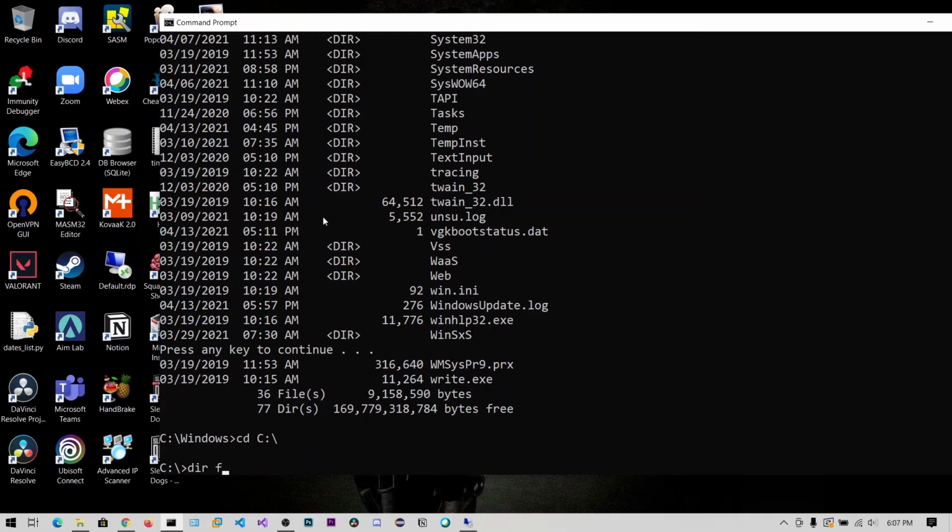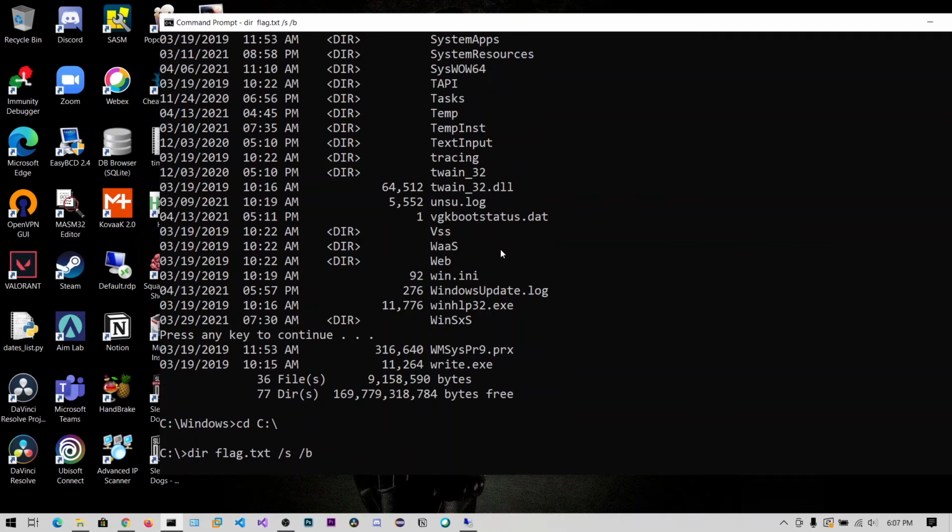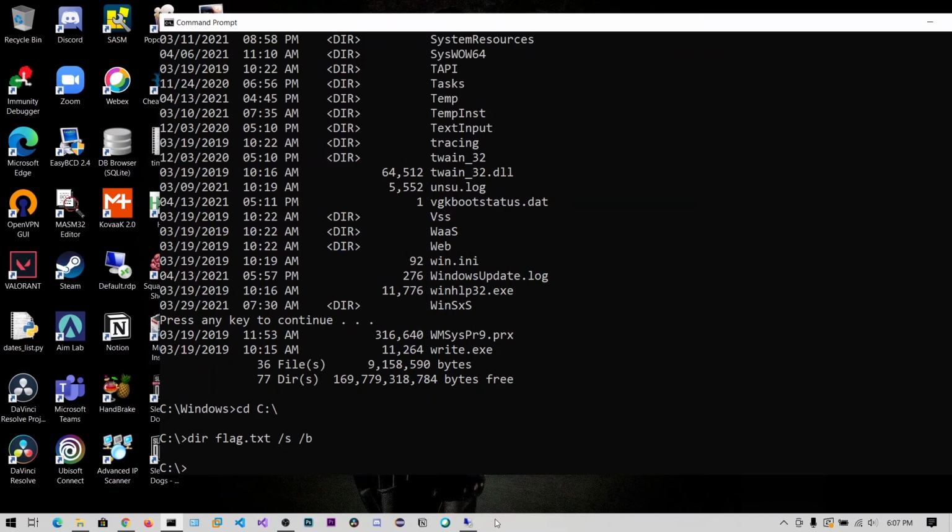Let's say flag.txt. Let's say I want to find it recursive and I want only bare listing, no need of full. I want only the path, and hit enter. Okay, it's going to take some time, so I'm going to stop this.